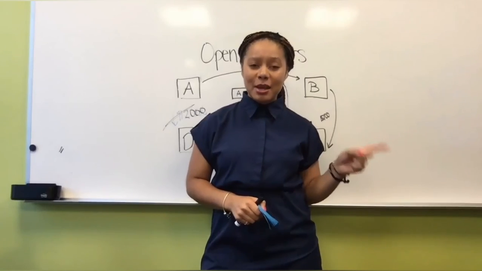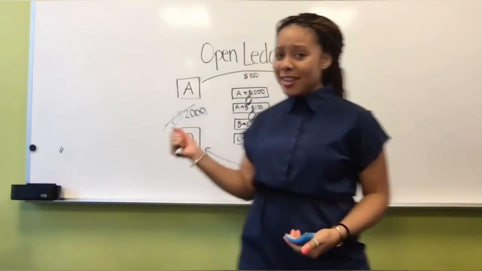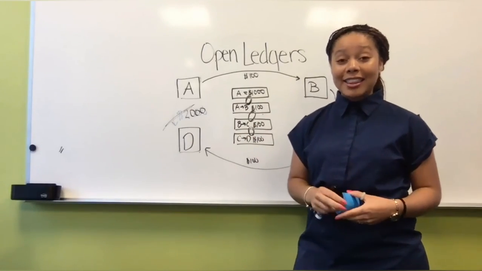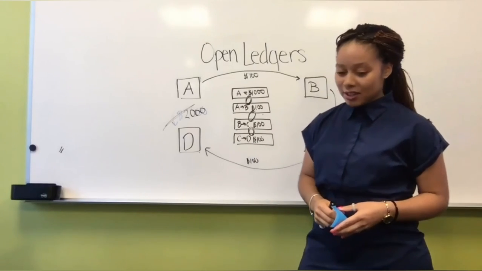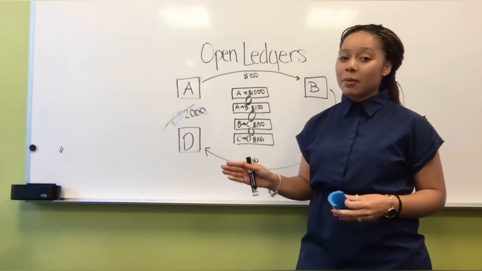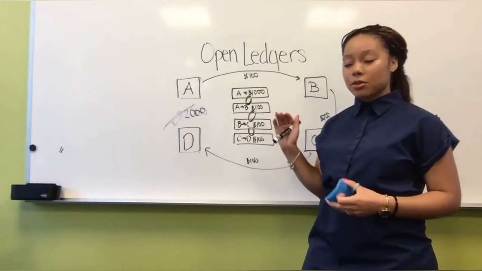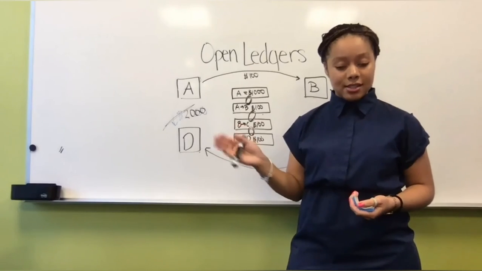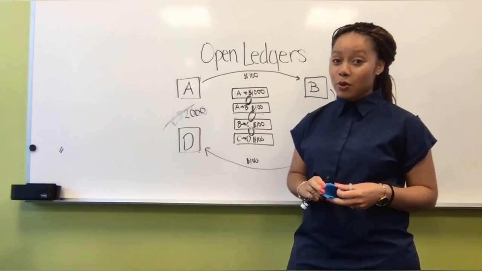In the earlier example, I mentioned how we want to get rid of third parties. In this example, that is a trusted third party, and we want to get rid of that. And this is a centralized example. Blockchain is decentralized. And so the next principle that we're going to go over is distributed ledgers. So blockchain is going to decentralize this process by creating nodes in the system, or in the network, excuse me. And so anyone will be able to hold a ledger.